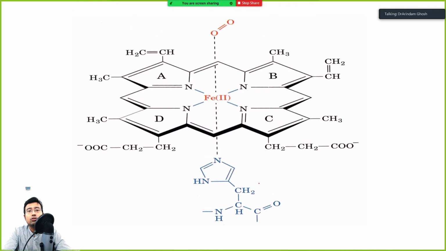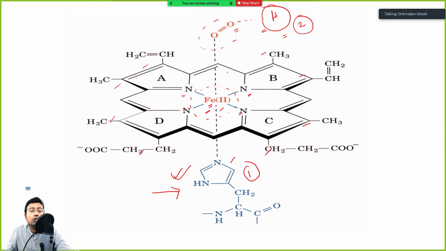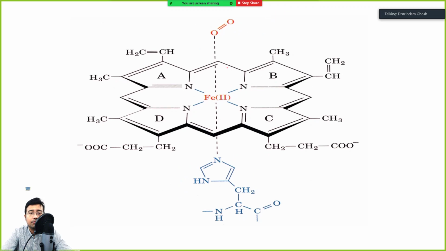You don't need to draw all these things. If you can draw, then it's awesome. Examiner will put a garland on your paper, or will put one on you, being alive. But if you can't, just remember, write this relation at least, or you can draw a schematic diagram. Fine.